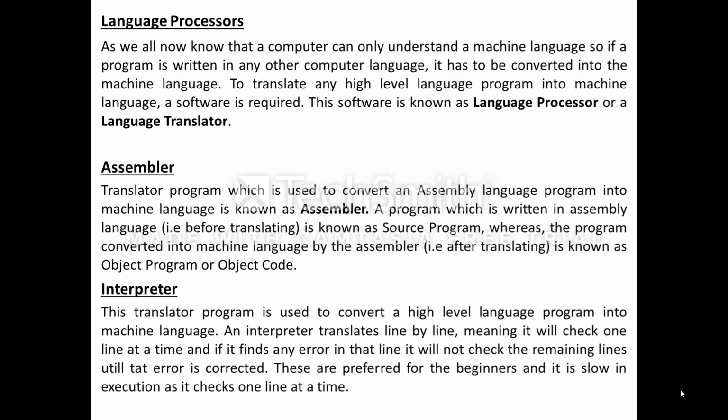Now, supposing I've written a program in a high level language, right? Now, the interpreter will translate the program written in high level language into machine language, but it will read the program line by line, or it will check the program line by line. Supposing there are 10 lines, it will keep checking the first line, then second, then third. Supposing on line number 5 there is some error, right? So it will stop over there only. It will not go further until and unless you correct that error or mistake.